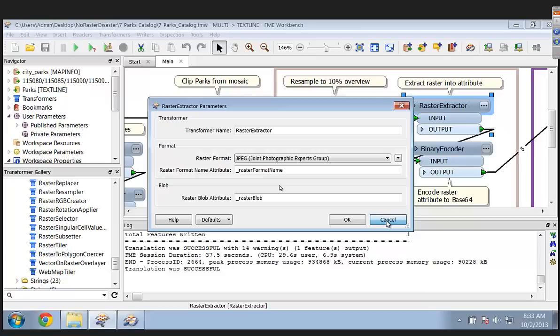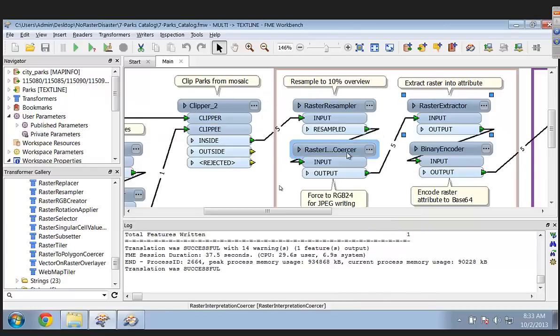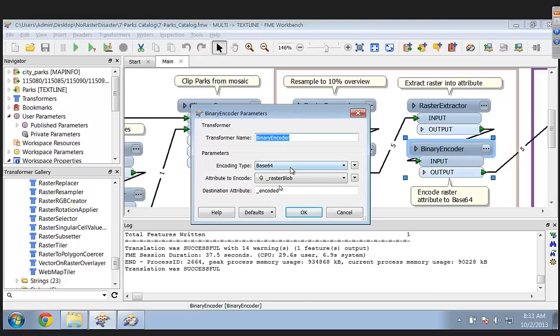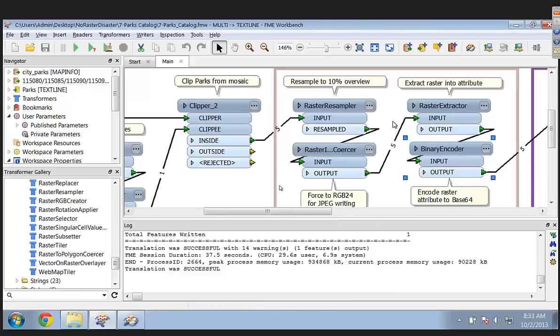And then you can pull out the chips really quick and do stuff with them. So you've got them as blobs. And the next step is the binary encoder, so that we take that binary blob and convert it into a base64 encoding, which is just an ASCII renderable encoding of the binary. And then you put that into this attribute called encoded. Encoded, yeah. And this is happening once per image.